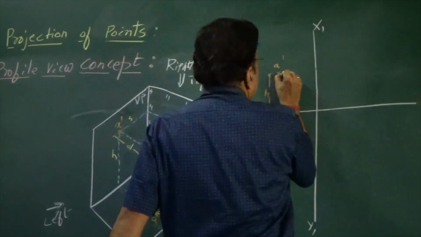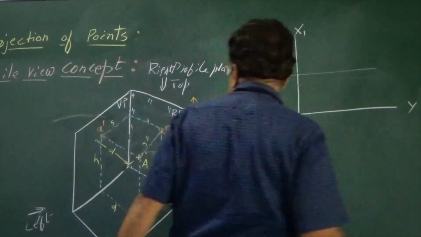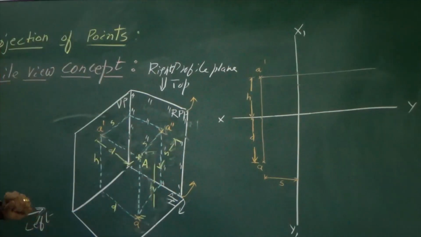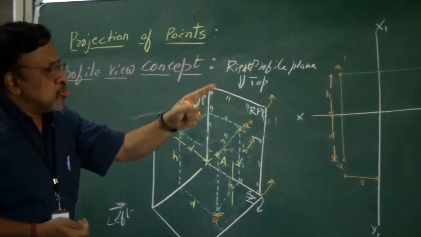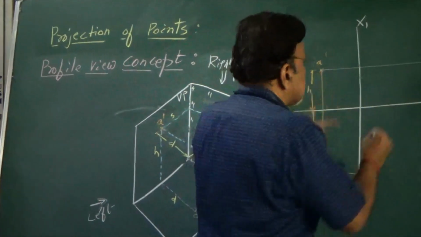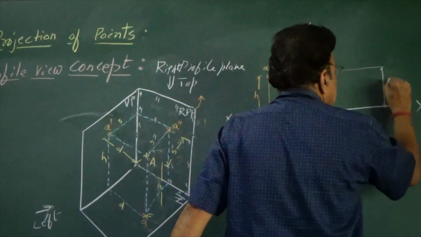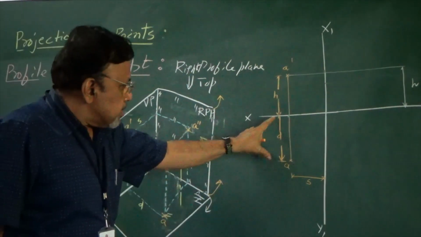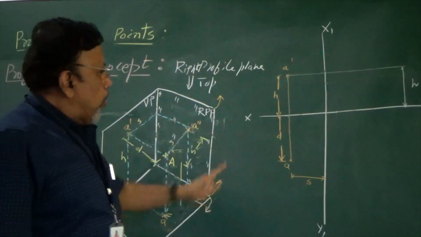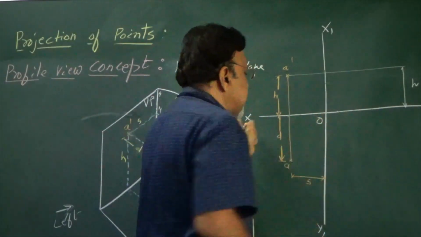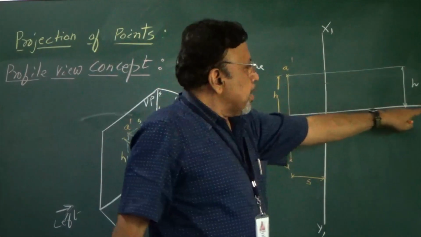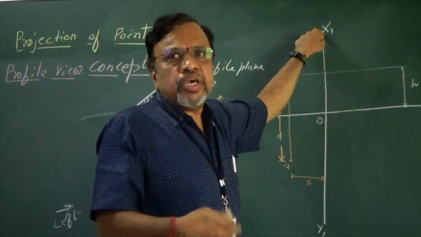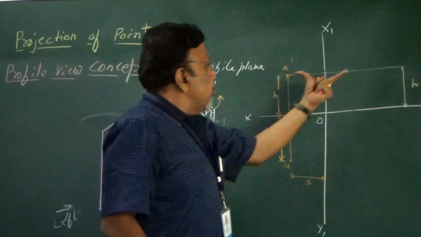So then what do you do? I will simply draw a projector to this. Or I can say that it is at a distance of H from the XY line. Anyway this distance is H distance only, so let us say I mark H distance. Now, which is the other distance I should get? I need to get the D distance. Always remember, in the side view, OY represents HP and OX1 represents VP.